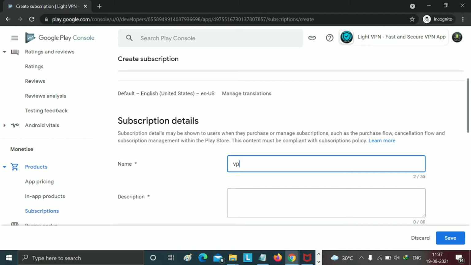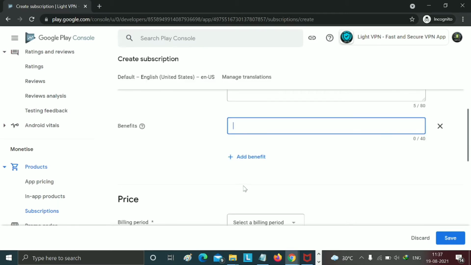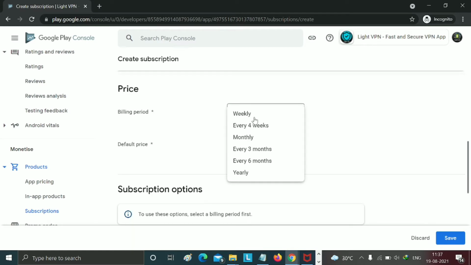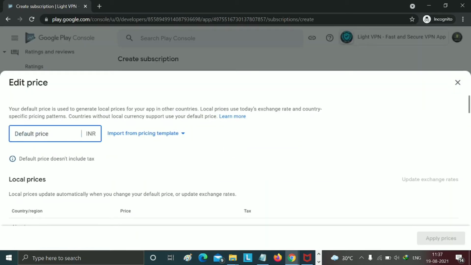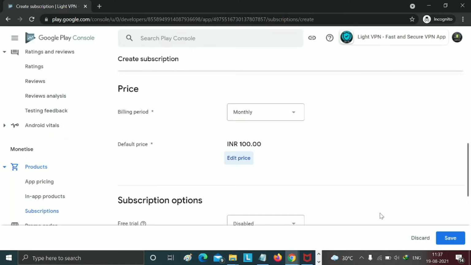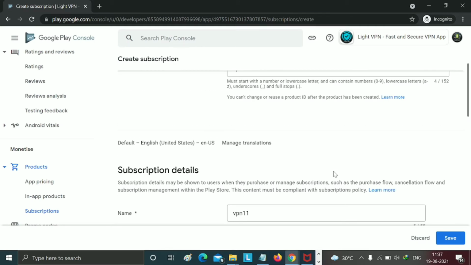I have added this, and for the name of this subscription plan I added VPN11 and the description also VPN11. Don't add anything in the benefit option. Okay, just go down to price. First of all, the billing period: I added monthly, and the monthly price I added is 100 INR, Indian rupees. You can change it according to your currency and country. Just click on apply and don't do anything in the other options.